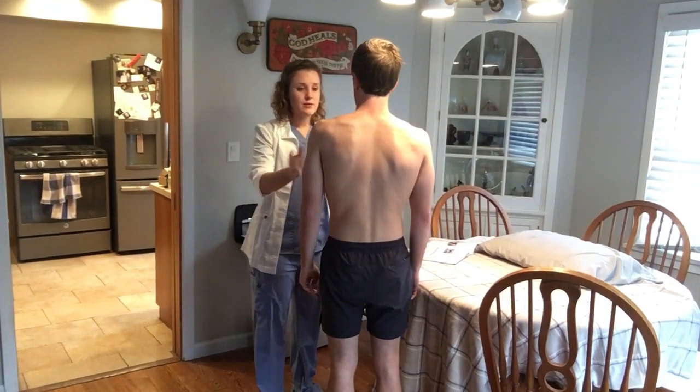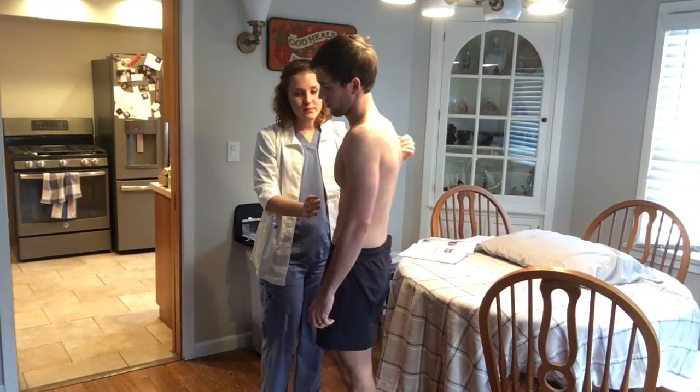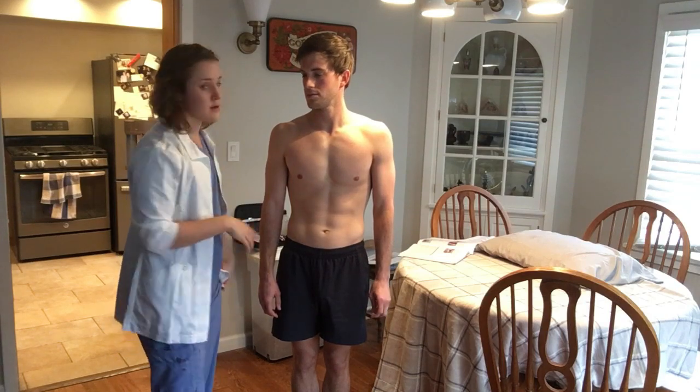Okay, just gonna have you turn around. We're gonna do Romberg sign. So Jordan here is gonna stand with his feet together. Okay? Alright, and so he does have to be swaying right now with his eyes open, but we're gonna have Jordan close his eyes, and we're looking for swaying, checking his balance. Okay, I would say Jordan has good balance. You can open your eyes. I don't think you have a positive Romberg sign. I think you're good. Alright, and that concludes my